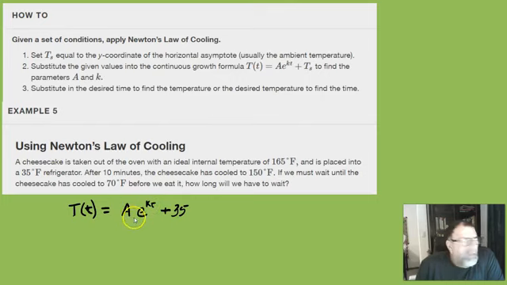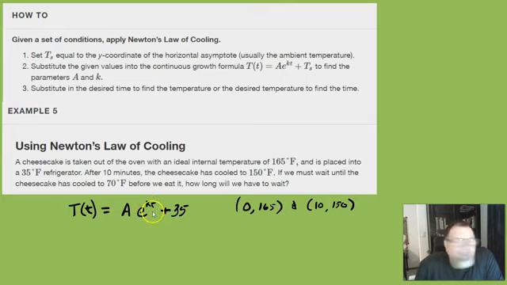And then, let's see, we know that the cheesecake's taken out. So we've got 2 points here. Time is 0, it's 165. And then time is 10 minutes, it's 150. So let's plug in those numbers to figure out